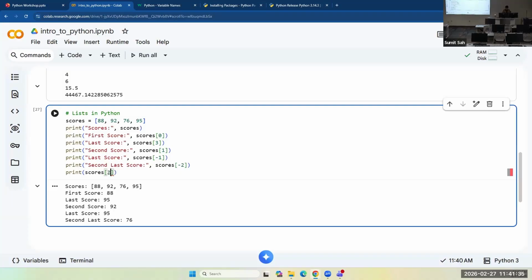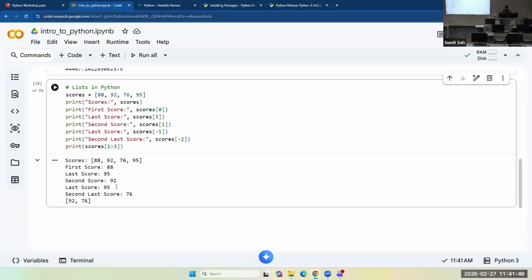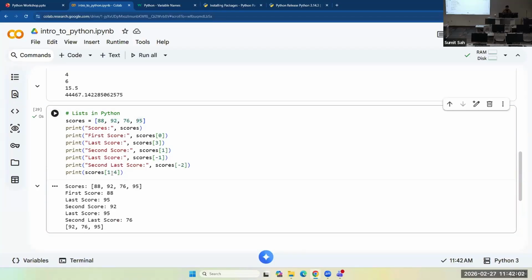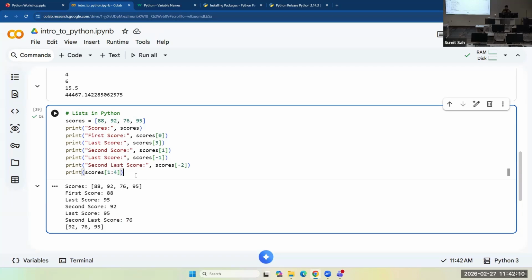You will say the first index until the next. Okay, 1, 2, 3. So it printed out from 1 to 3, and 3 is not included. So you have to use a 4 to include all these elements. So it will print out all the scores that are indexed from 1 to 3, and the last one is not included.